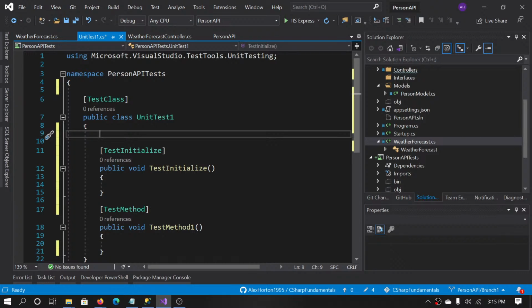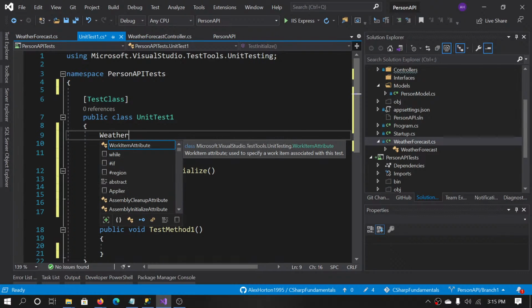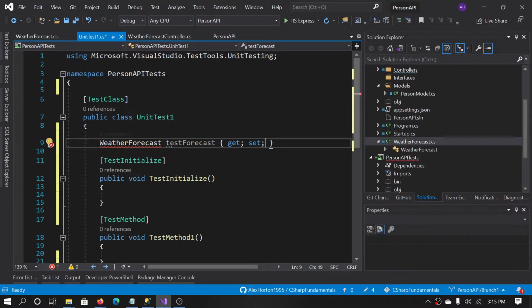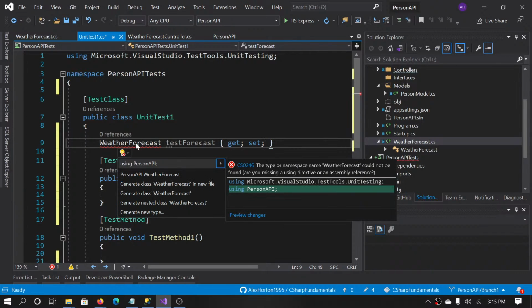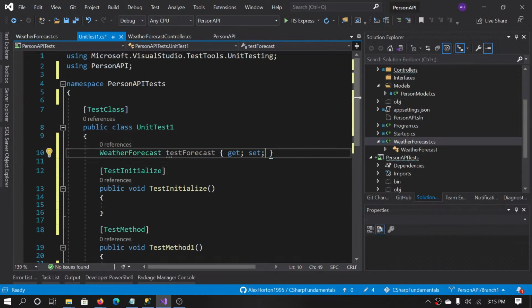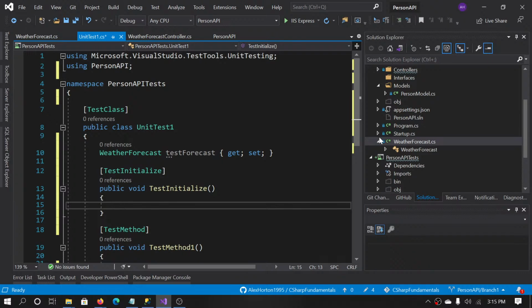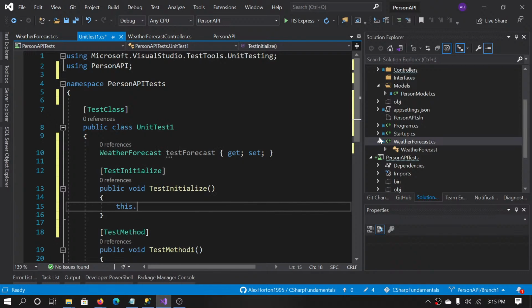So I can say weather forecast, test forecast. Get set. And there it is right there. There's a reference to the Person API project. If I come over here, I can say this dot test forecast equals